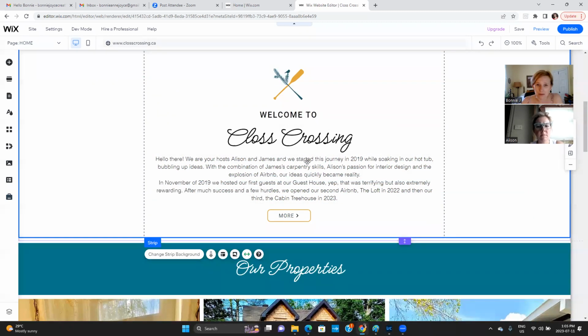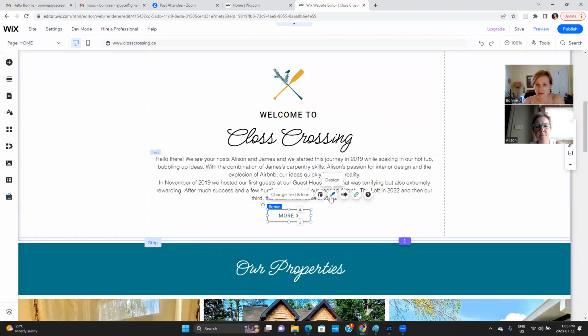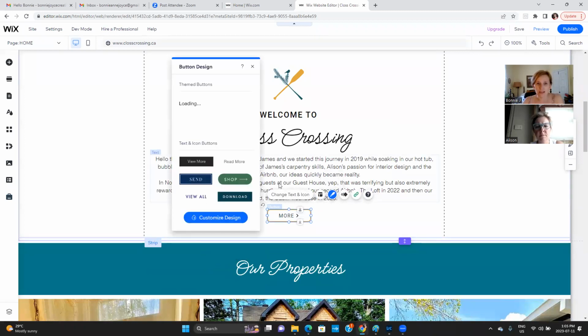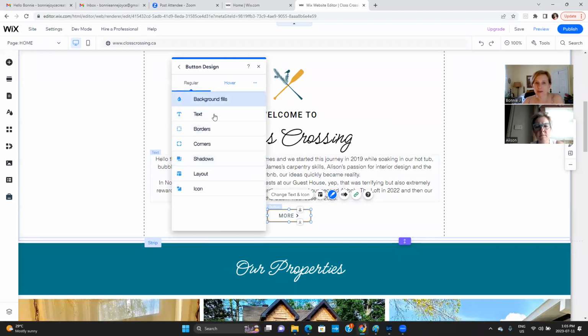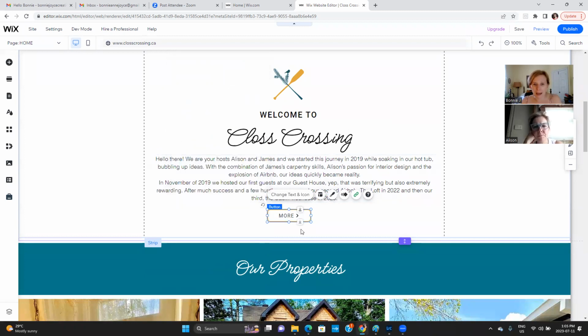This is obviously header text, a little image, and this is a button. So everything is customizable. Like this button itself, for example, you can customize everything about it. I mean, it's all been designed and you might not want to change anything, but if you ever wanted to change the look and feel of things, you can change everything and the way that it is on hover and everything.